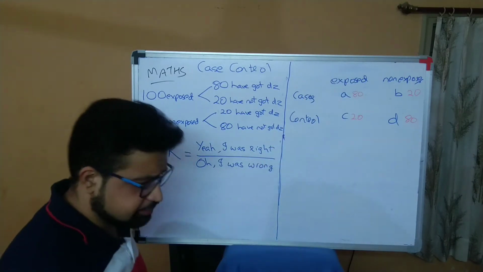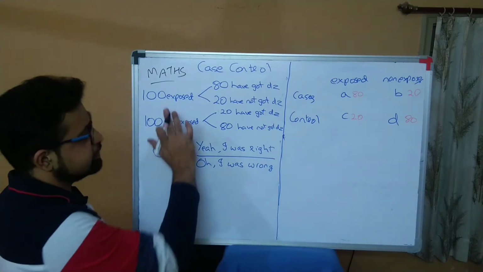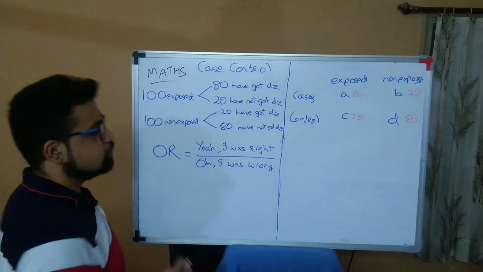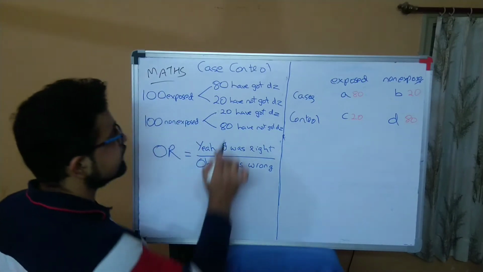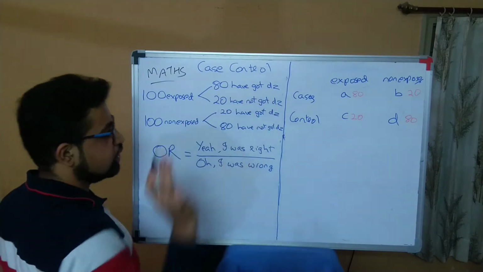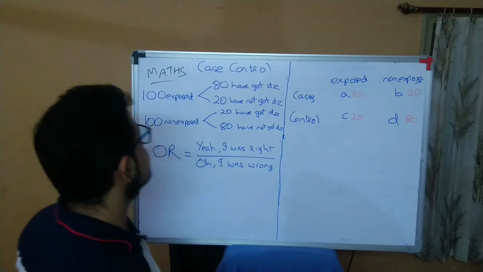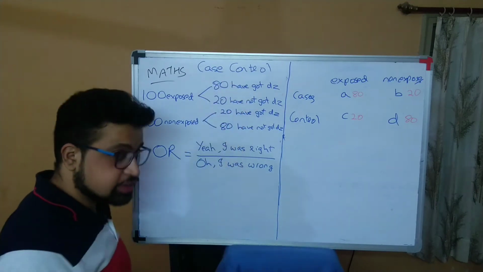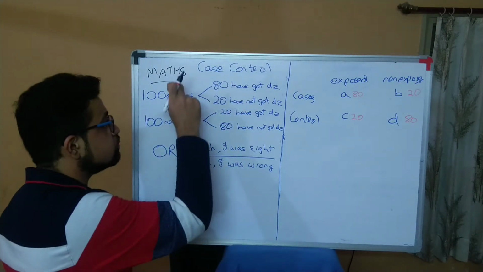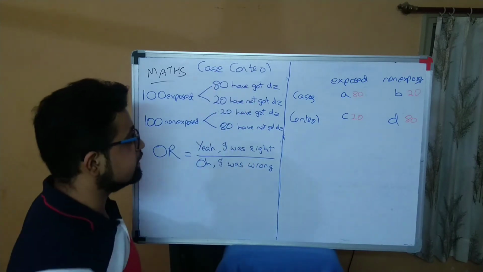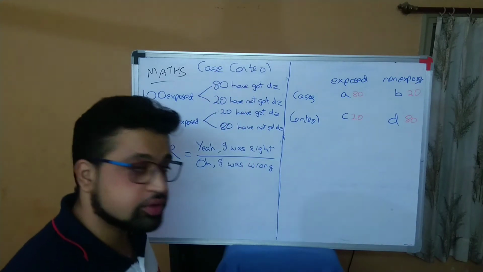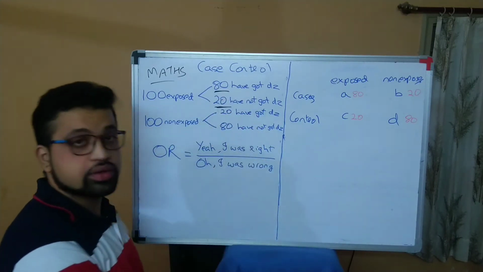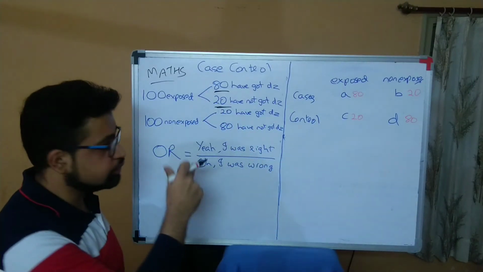Right? We take an example of case control where we are studying, and after all the data analysis we get the data in which there were 100 exposed. Let us take an example of 100 smokers. Out of them 80 got lung cancer, right? 20 have not got lung cancer. So out of 100 smokers, 80 have got lung cancer. So in these 80 you are right. You might say, these were smokers, so that's the reason why they have got lung cancer. And these 20 are those who, in spite of smoking, have not got the disease. So here you are right, here you went wrong, right? Mark these words. I'm going to use this.